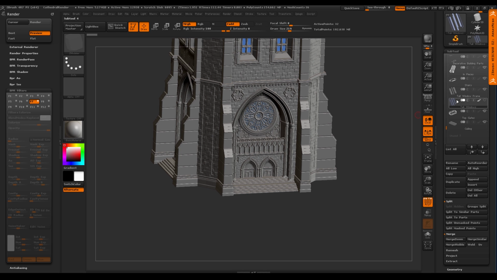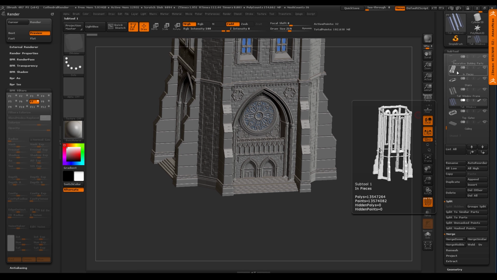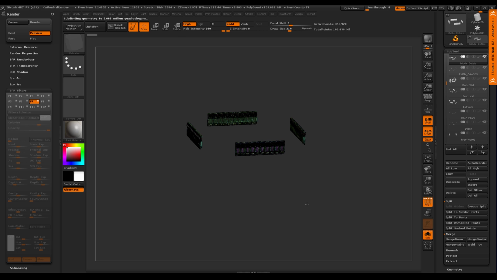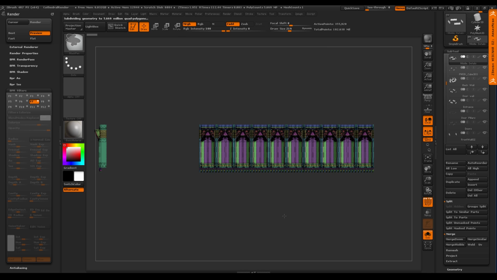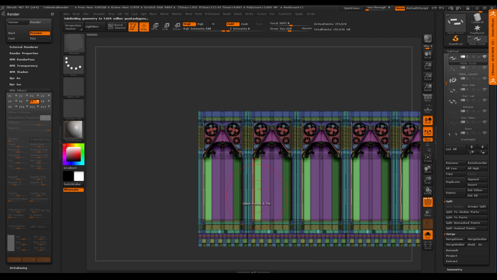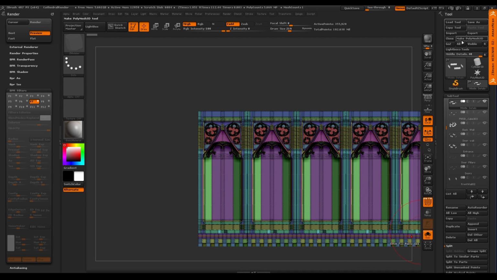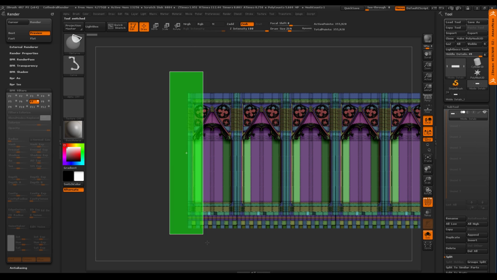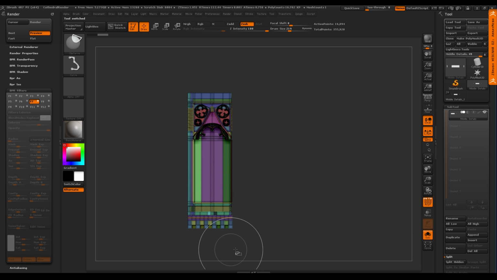So here we can look really quickly at these. Let's take one of those pieces and select it. You can see this is all arrayed, but I only built the one. So here's an example of another way to use the array mesh. I'm just going to clone it so we're looking at just this one, and I only really care about this one.